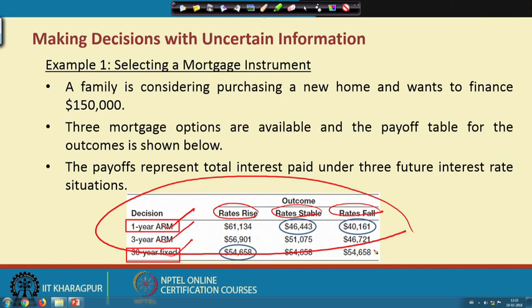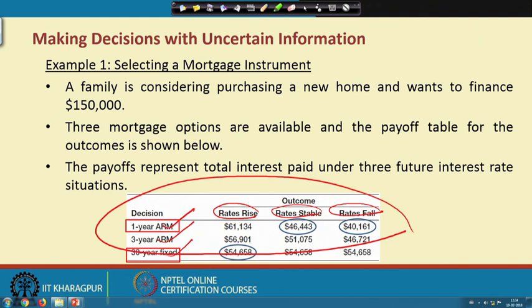So, in this case we like to apply some of the decision making tools, like we have already discussed maximin or maximax, and then various other alternative techniques through which you can take the decision. And in this case what will you do? In the first case, with respect to this particular requirement, let us see here. Technically we have already highlighted here, but that highlight is with respect to